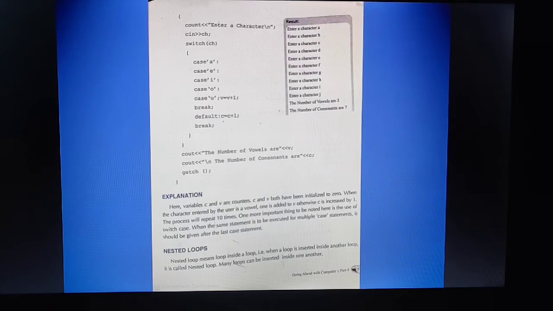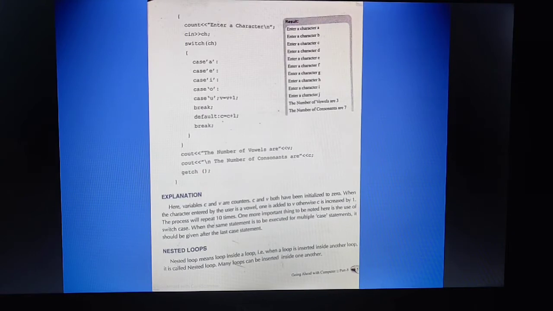If you enter a character, like if you enter the character A, then the computer will count the number of vowels, like how many vowels are there, and it will be printing them over there.